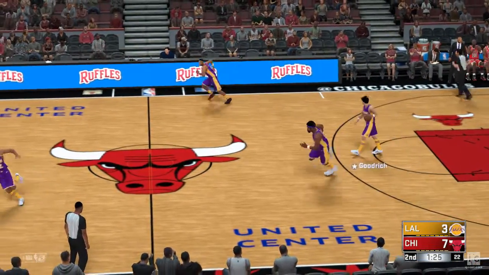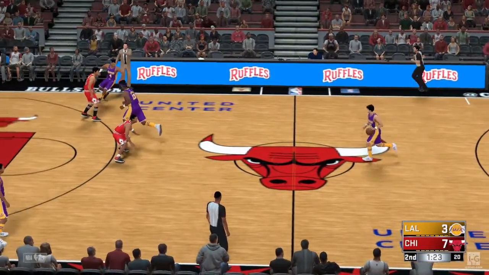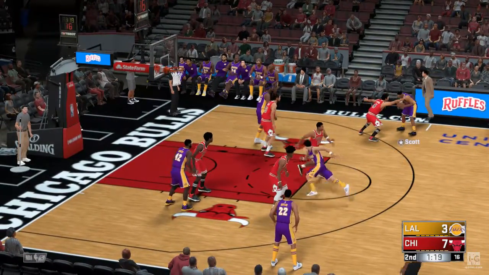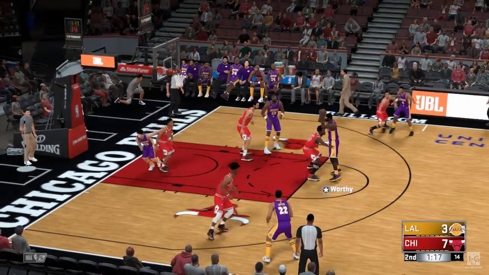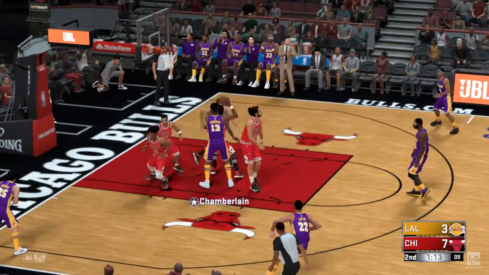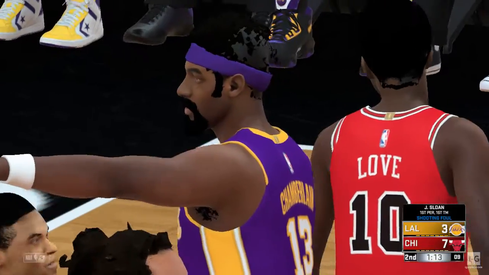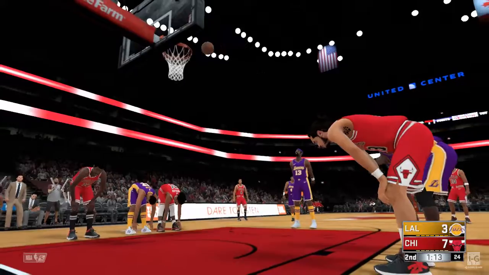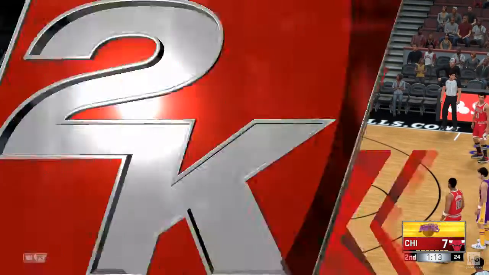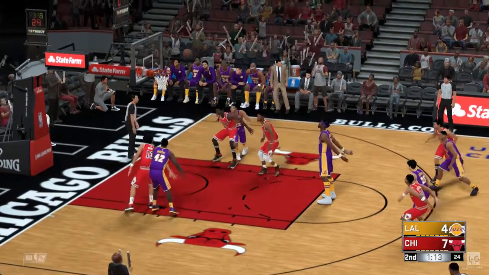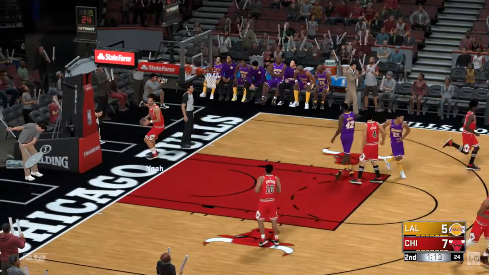There's 1:26 left now here in the second. Goodrich kicks to Scott. Worthy against Love. And the rejection by Love. And 2 shots coming up at the line as he gets fouled on the shot. And the foul goes against Chicago. The Lakers have converted 1 of 2 free throws so far today. Chamberlain hits them both.